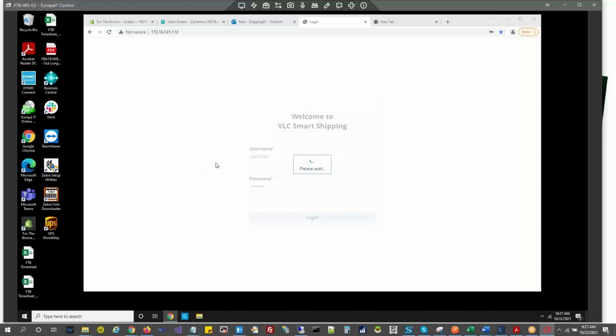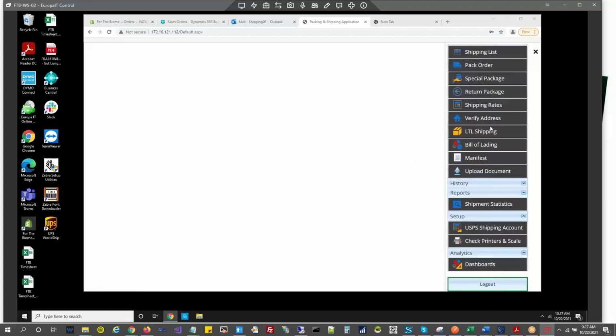You can change the password, or you can add the number of users required in Business Central under the shipping user setup. Okay. So on the default page, we have the main menu. Under this, we have a few options. I'll show you one by one. We start with the shipping list.